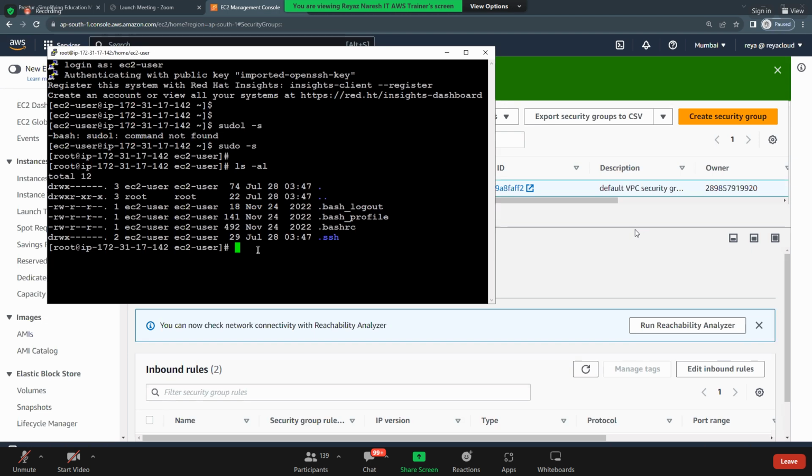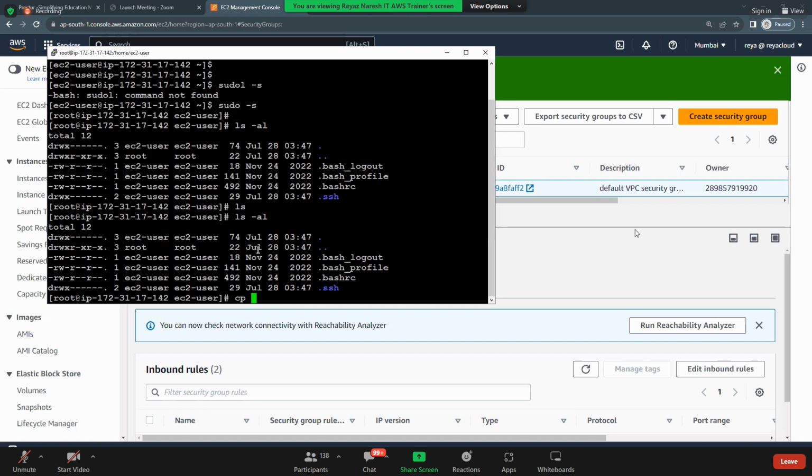Guys, from here, is it our job? It's not our job, right? We will not do it. Because we connected, that's it. And if you want to continue Linux topics, you can. People are asking what sudo -s will do. I just gave some sample commands. Can you do ls -al, copy commands? If you know Linux, you can play with it. Otherwise, not required. Fine. So now we have connected to the Linux machine.